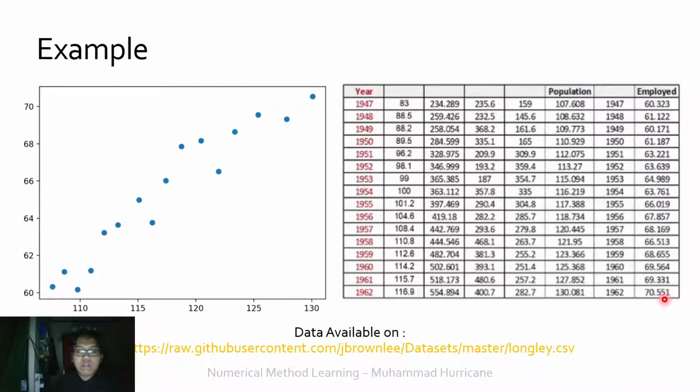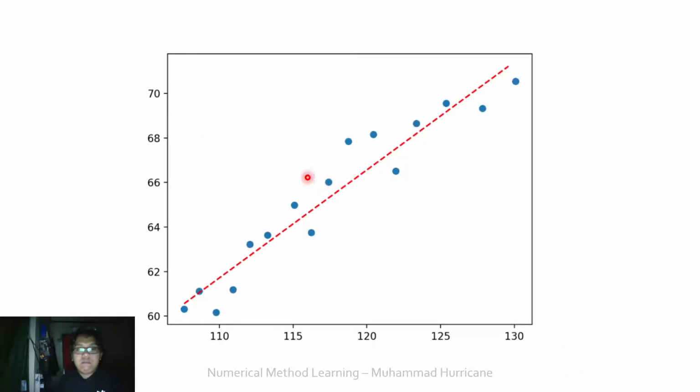So we want to see the relation between those two to predict the unknown value for other values. By doing curve fitting we can predict, for example, with linear regression, we have this line as a linear equation